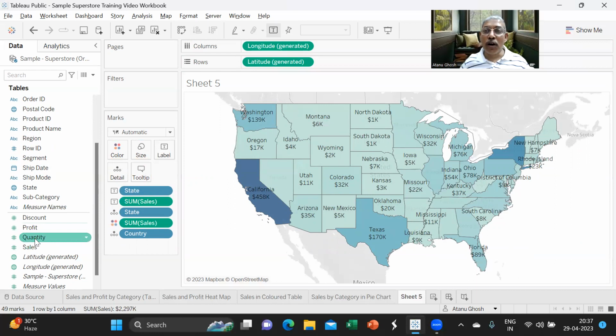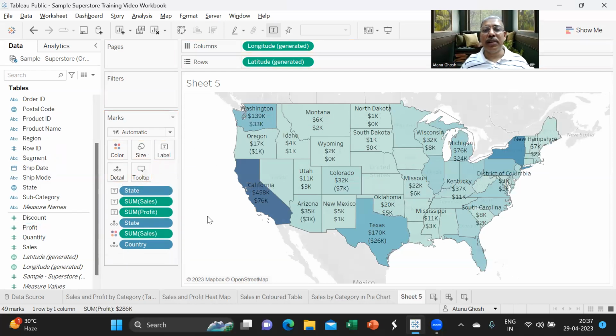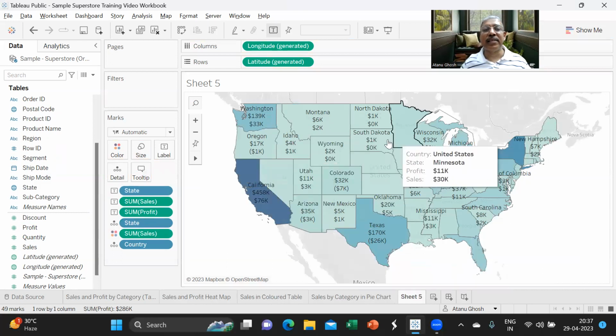Suppose I want to show the profit also, because I was not able to show the profit in one of the visualization attributes. I may want to show it as a text, because that's the second best option that I have. There's no other way I can visually depict profit in this chart. So I can put profit also in the label and it will show both sales and profit.